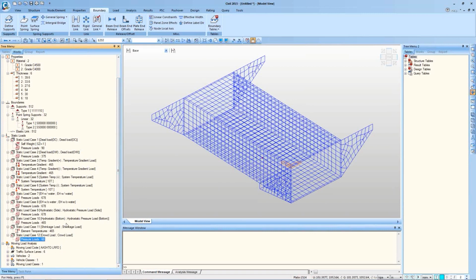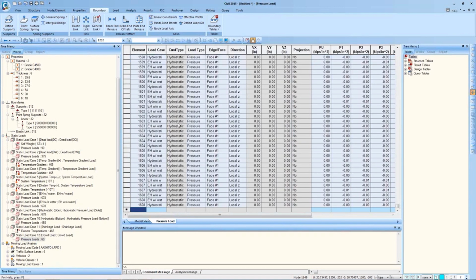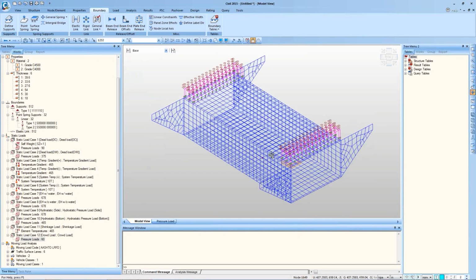And then, all these loadings which are displayed, if we want to check the loadings, then not only display, we can check the loadings in form of tables as well. So this is the table showing all the loadings that I have defined, all the pressure loadings actually. The good thing with this is I can copy the table, paste it to an Excel file where I can make changes as per requirement, and then copy it from Excel and paste it back in the software, and the changes will be considered.